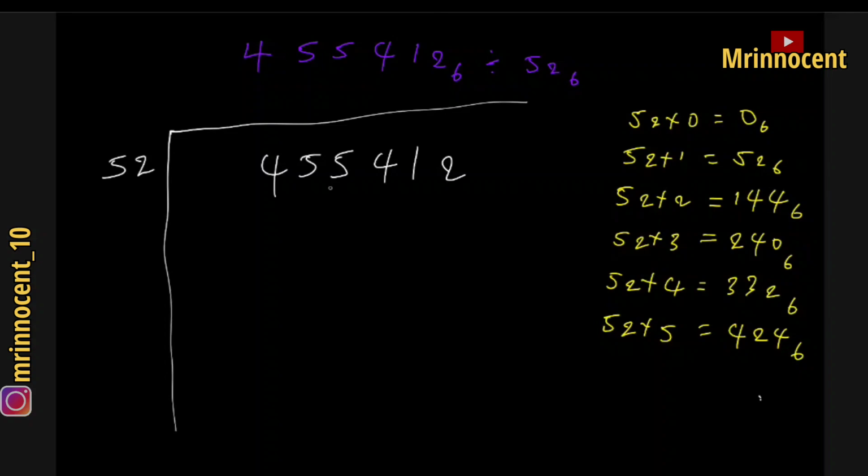So come to your chart and look for the number that is under 455, or the number that comes before 455. When you look at this one, you have 424, which is 5. 5 times 52, you have